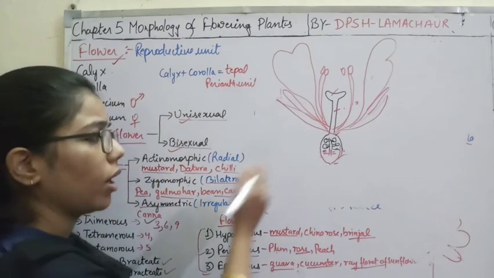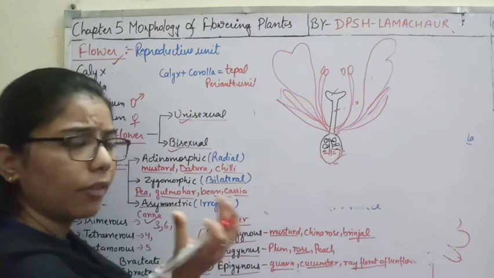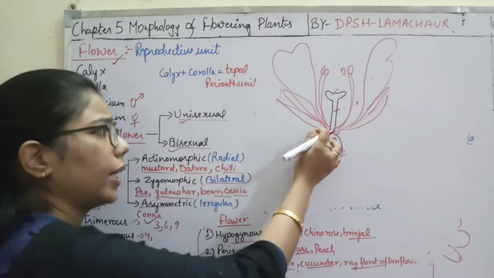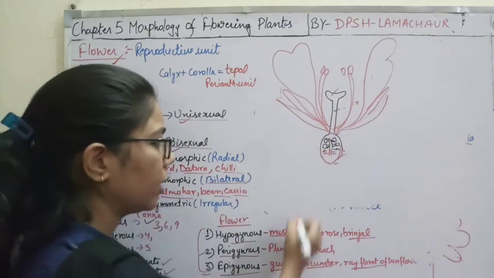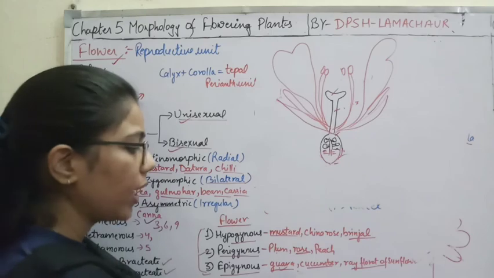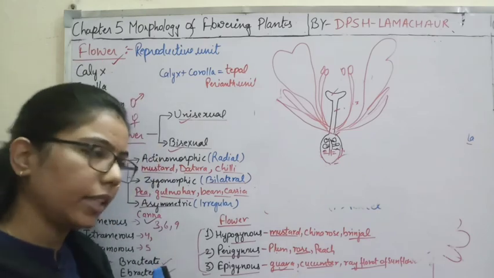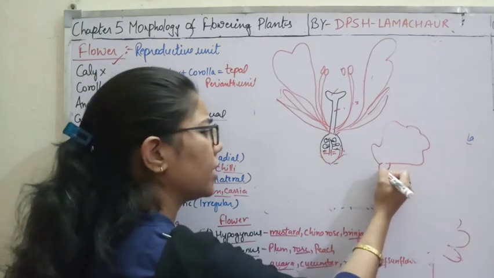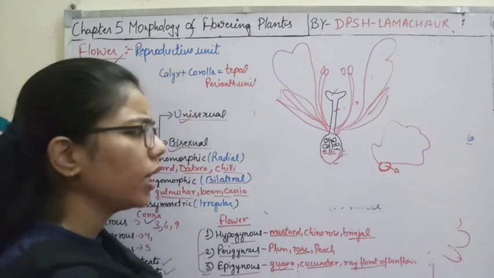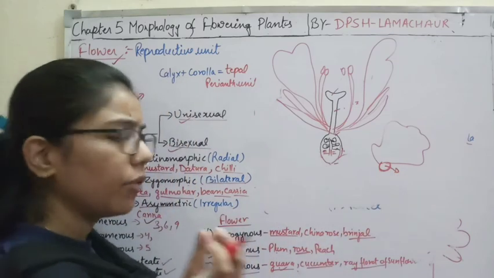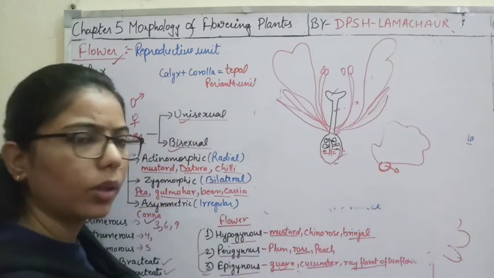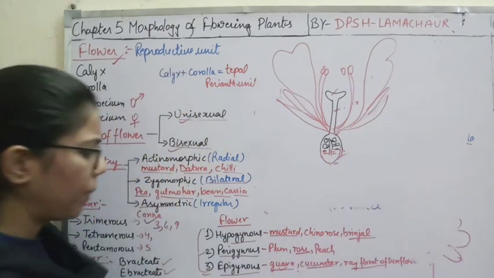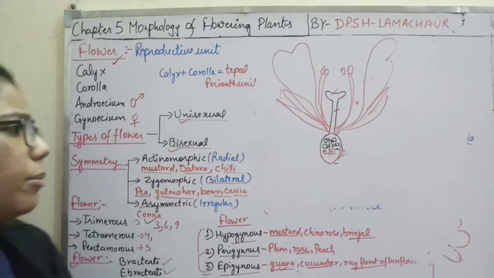If you have seen the guava, the structure which is developing is at the lower end, and all the parts of the flower arise from the upper part. So you can easily observe this in guava as well as in cucumber. You have seen in the case of pumpkin, the flower is there, and below the flower we can see a small fruit. Some small fruit we observe, which shows that it is a female flower. So we can say that it is the epigynous condition. So that much we have completed here.